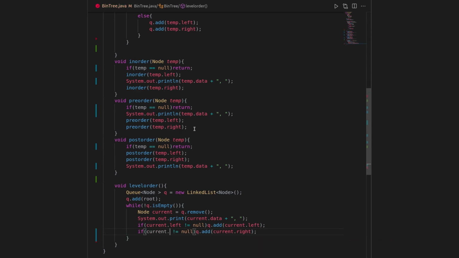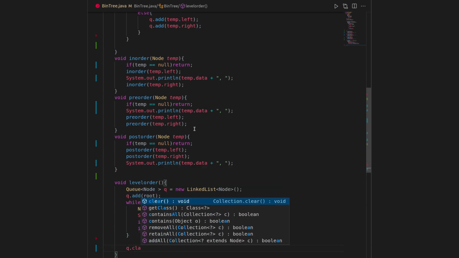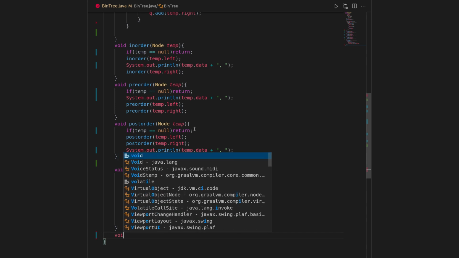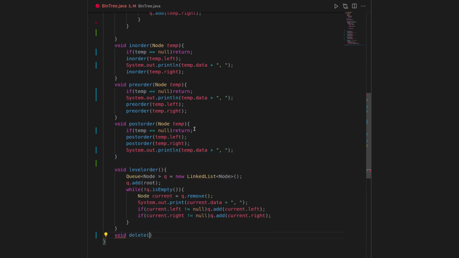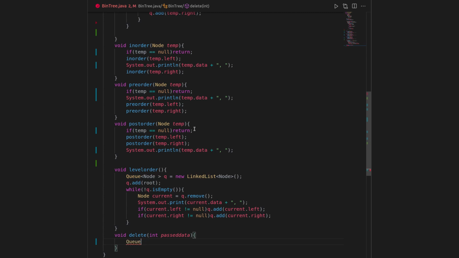Now let's see the algorithm to delete a node from the tree. To delete a node, the user will pass us an integer data, which will be the value of the node that we want to delete. In the deletion algorithm, first we find a leaf node, then we delete the leaf node and then assign the value of the leaf node to the value that the user has passed. So we need to basically find two nodes, a leaf node and a node of which the value the user has passed.